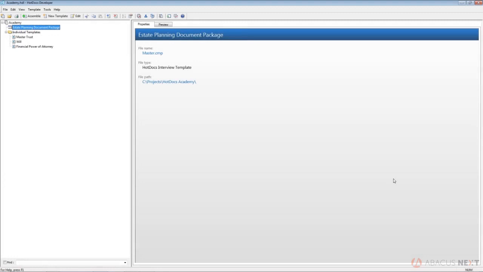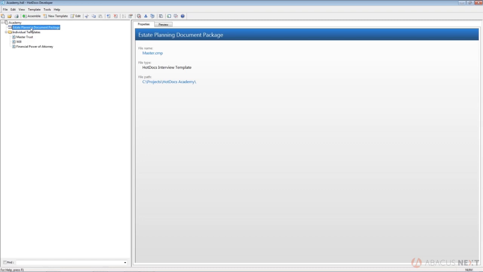In the previous video, we saw how we could create an item in the library referencing a component file, in this case, a shared or master component file that will be responsible for initiating the actual document package process in the interview. So now that we have an item in the library to do that, if we were to click on Assemble, assuming everything is completed at this point, we would go through the interview process associated with that document